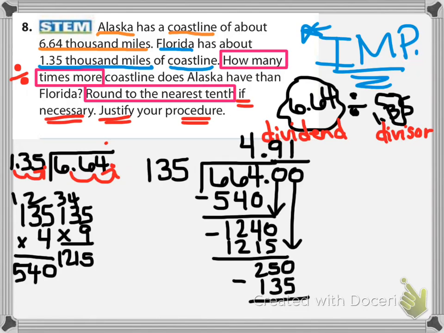Okay, I want you to notice in my division that I have stopped my quotient at 4.91. I did not continue with the division down here at the bottom because I'm going back to the directions that said round to the nearest tenth. So, because I need to round to the nearest tenth,